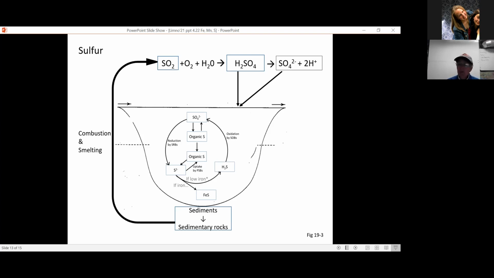Iron ore that's in lake sediment, iron ore that's in marine sediment, iron ore that is in sedimentary rocks is often associated with sulfur. That's just its natural state of things. That's how it formed. And metal ores are often associated with sulfur for this reason, because they have formed in anoxic sedimentary environments. Not usually lakes, right? Usually oceans, marine sediments. And this is the reason why there's so much concern about metal mining